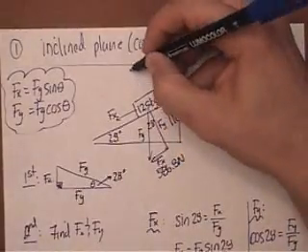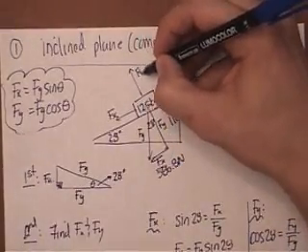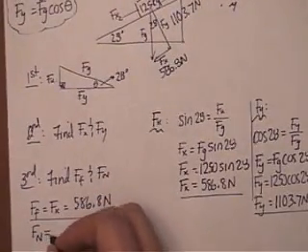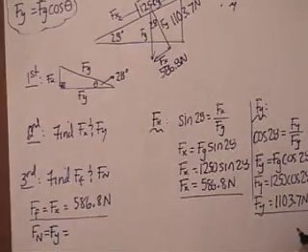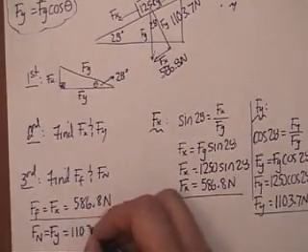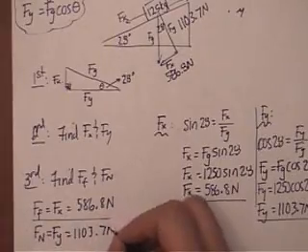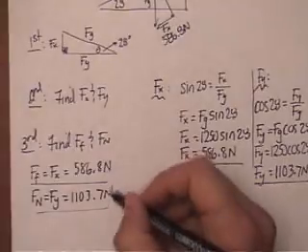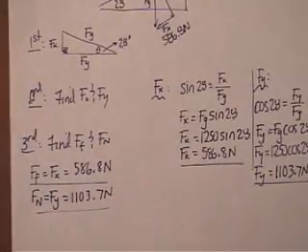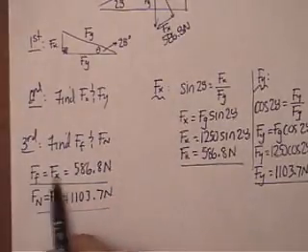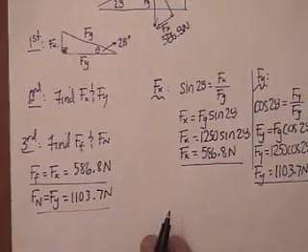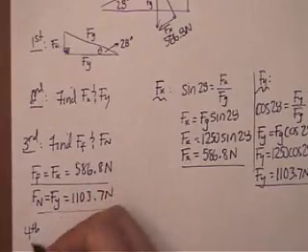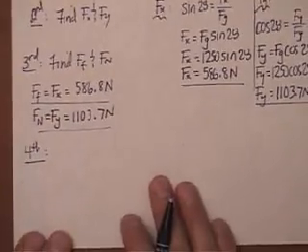If my Fy is pulling down, my normal force has to be pushing up. So there's Fn. So Fn is equal to Fy, which is equal to 1103.7 newtons. Okay, so there. Now we have our two forces, and the third step is pretty straightforward. We're just saying that Ff equals Fx and Fn equals Fy. Fourth and last step, we want to find